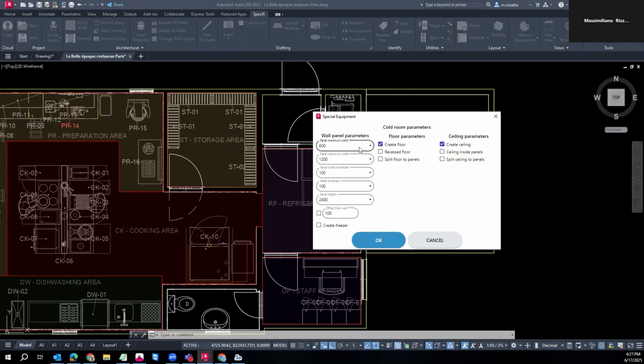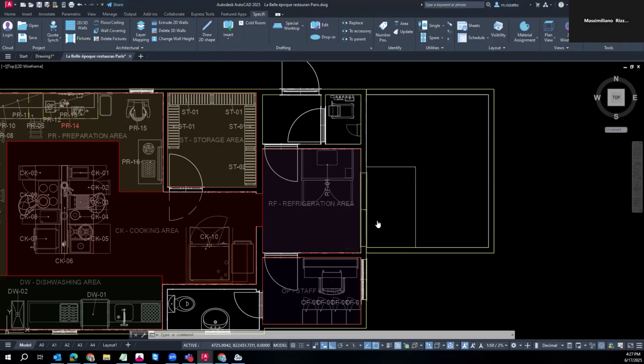For example, the minimum panel width, the maximum panel width, and the increment of panel step, the thickness of the panel, if you want 80 millimeters, the height of the panels, an offset from the wall, and also if it has to create a freezer and a recessed floor, and also the ceiling inside panels. So you can configure as you prefer. When you press the OK button,